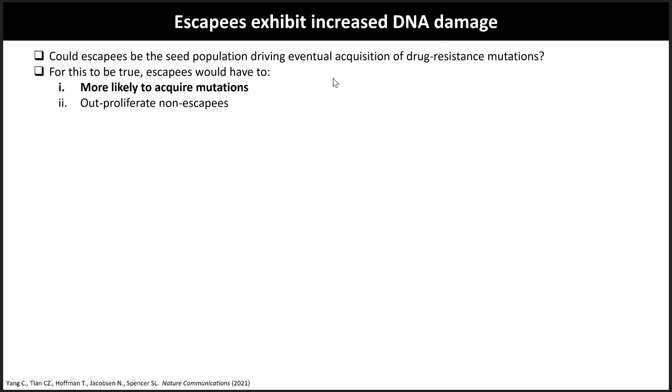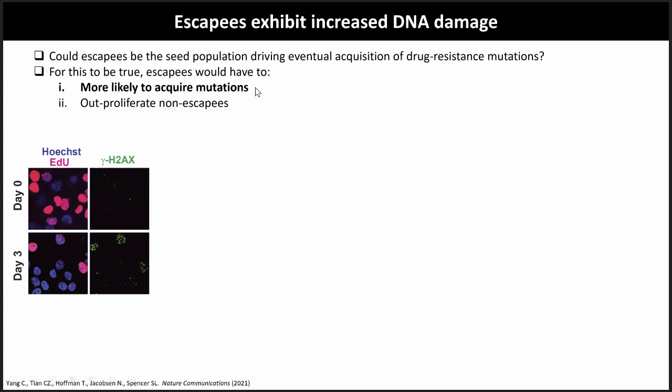So could SKPs be the seed population that drive eventual acquisition of drug resistance mutations? Well, for this to be true, they would have to be more likely to acquire mutations, and they would have to outproliferate non-SKPs. So to test the first point, we remembered, of course, that the p53 pathway was upregulated uniquely in the SKPs. So we measured DNA damage using this gamma H2AX antibody as well, and then we also stained